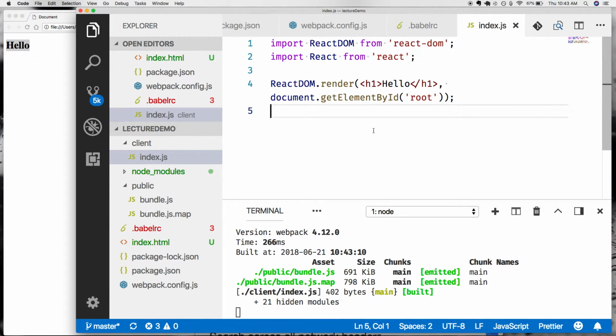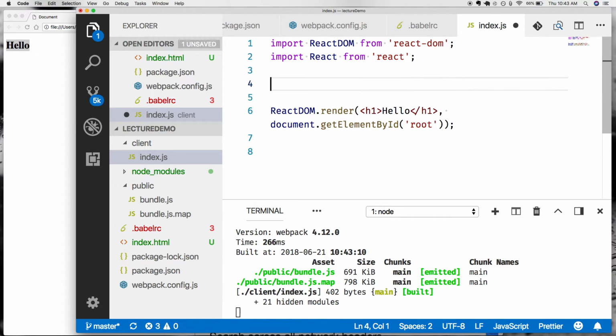So let's make our first component. So we're going to make that hello world. It's going to be component. Actually, we're going to jump straight to our next example, which is going to be a button component. So what I'm going to do,